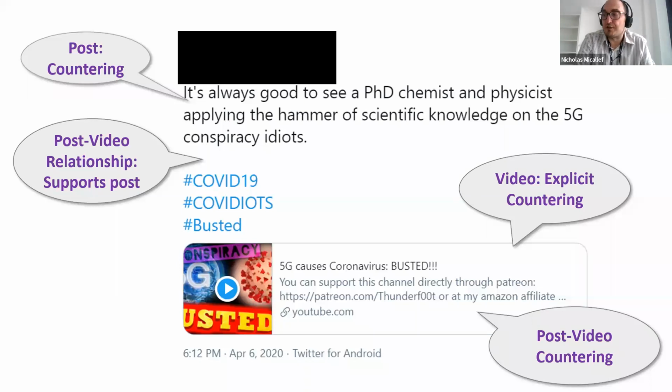In our previous work, we talked a lot about the effect of counter misinformation, and how it helps to detect misinformation. Now, counter misinformation is still an understudied topic, and including it in our work allows us to also characterize how videos are used to counter misinformation, and not just how videos are used to spread misinformation. In this way, we start to shed light on how platforms could leverage counter misinformation post-video pairs to combat misinformation.